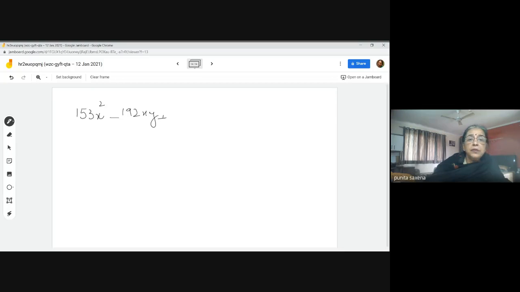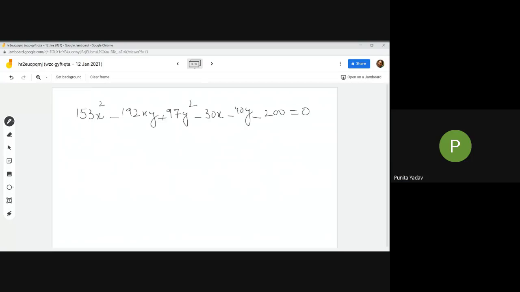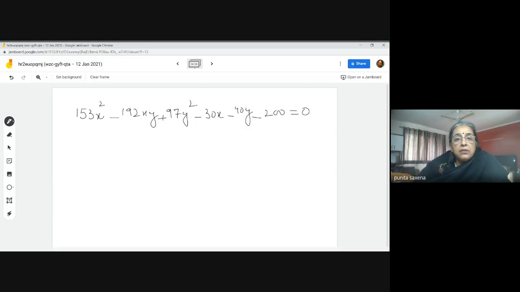इसको लिखो +97y²। अब ये तुम खुद करोगे। लिख ली इक्वेशन? Yes, ma'am. 153x² minus 192xy plus 97y² minus 30x minus 40y minus 200 equal to 0। ठीक है जी।